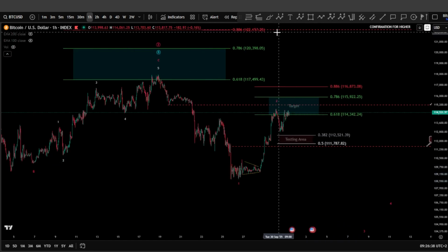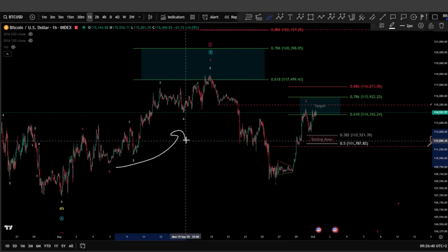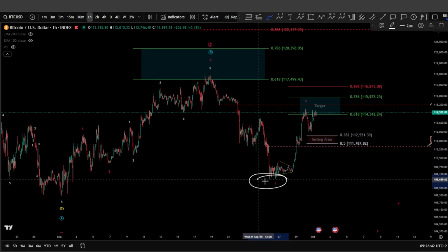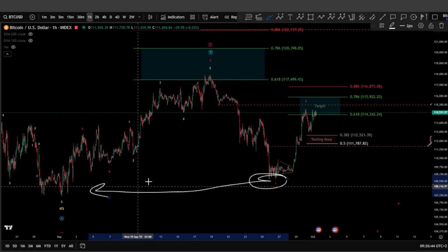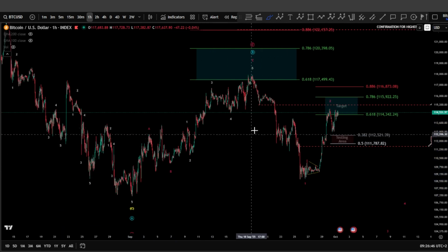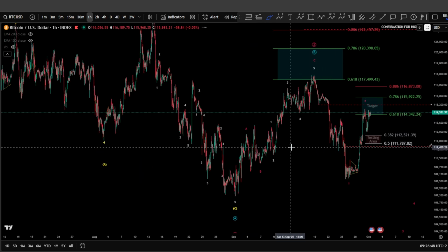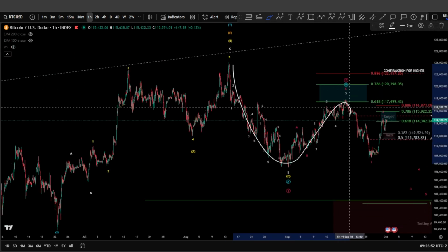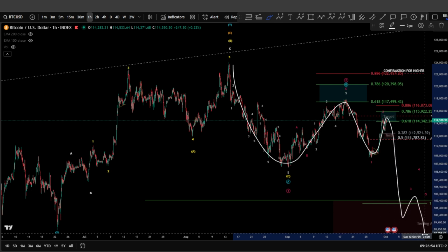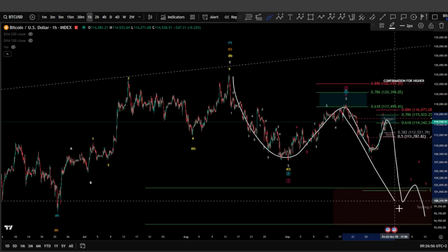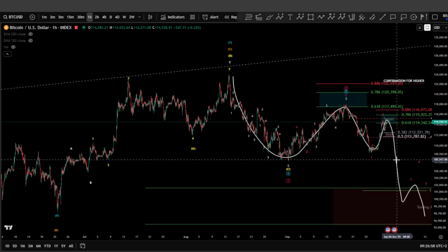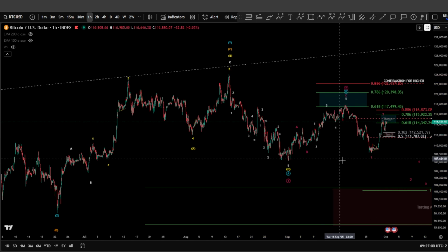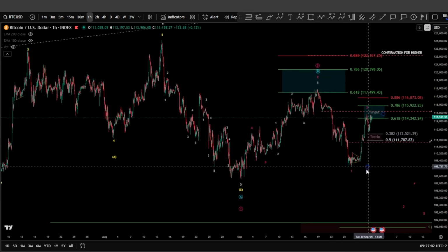Now, after this, if this is a corrective wave followed by an impulse, well, it has failed even to take the low, which is a question mark. How can an impulse fail to take the low? It can, of course, when you have a big wave 1, 2 here, and a smaller 1, 2 for the wave 3, 4, and a 5, which is your major wave 3. So that opens on the micro level a possibility for lower prices.